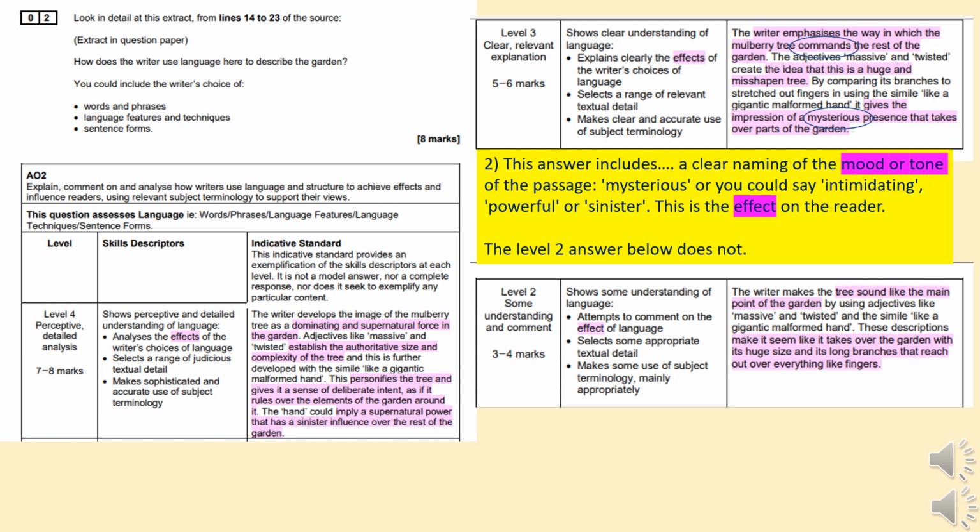The feeling, the mood and tone that engenders is actually also stated by the writer of the answer. So we have the fact that it's commanding, which would be personification in the answer, not in the text. And also it's mysterious. And these phrases are not really used in the level 2 answer, which would be a fail grade answer. The person has just literally described the shape and that it's large, which isn't far enough. You have to understand the mood, tone and implications of what the writer is saying.